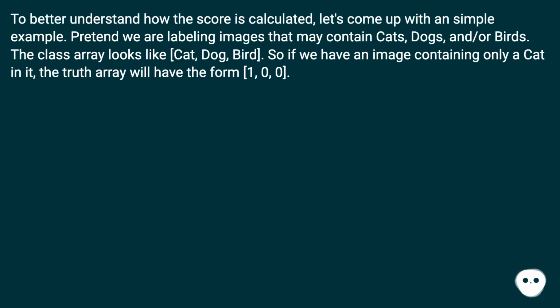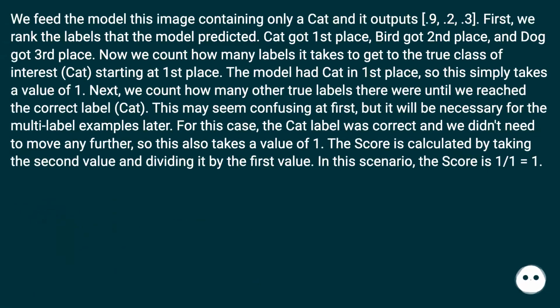To better understand how the score is calculated, let's come up with a simple example. Pretend we are labeling images that may contain cats, dogs, and/or birds. The class array looks like cat, dog, bird. So if we have an image containing only a cat in it, the truth array will have the form 1, 0, 0. We feed the model this image containing only a cat and it outputs